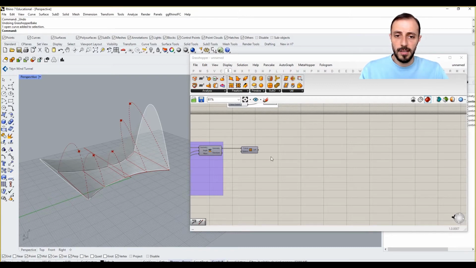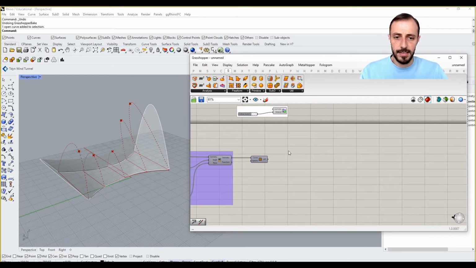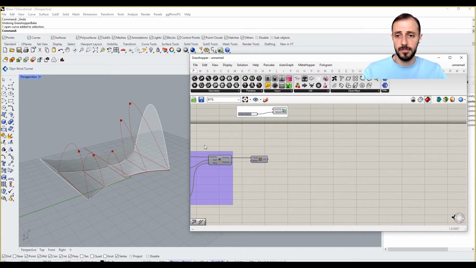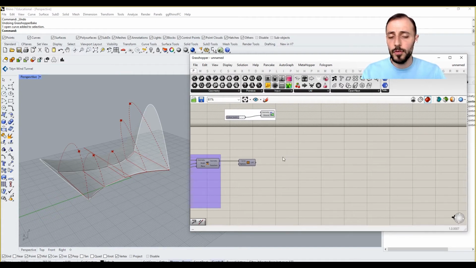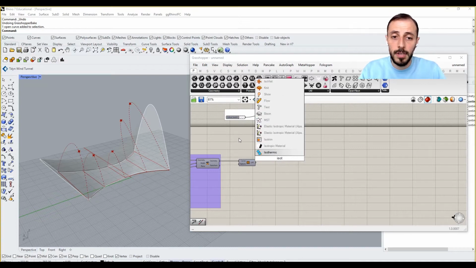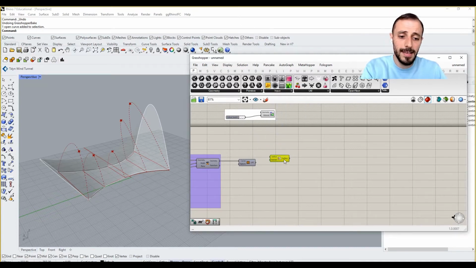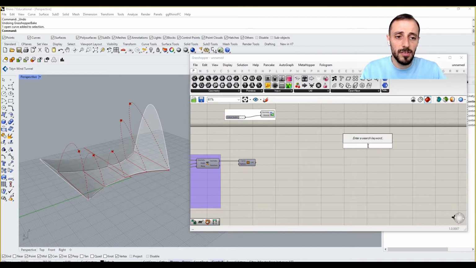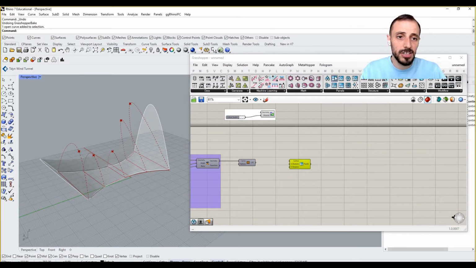We've already done this and visualized it here. But one thing we need to consider is how we are going to subdivide this surface. If you follow this tutorial series or this channel, or maybe you saw this somewhere else or are already experienced with it, what we do is use the Isotrim component to divide a surface, right? But this time we'll be using quad panels from Lunchbox